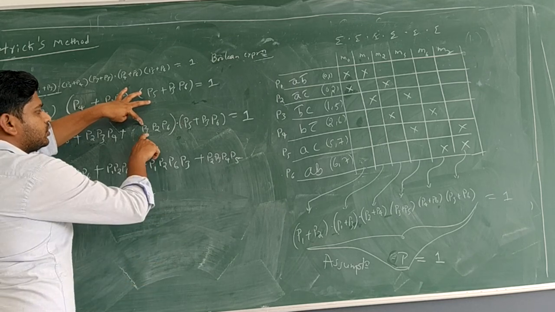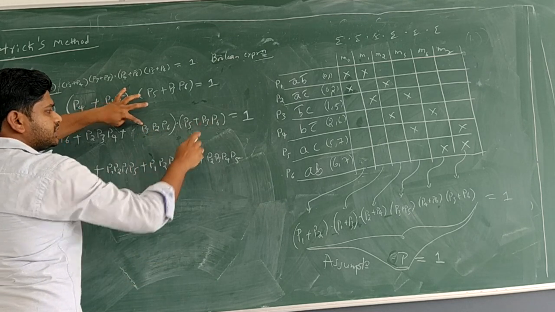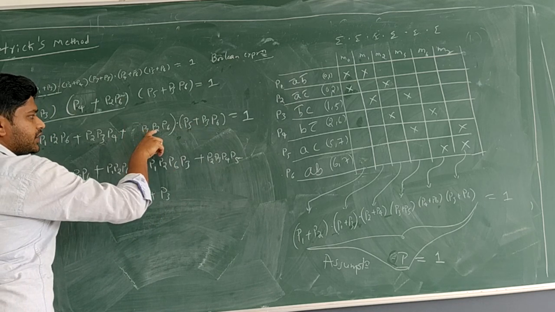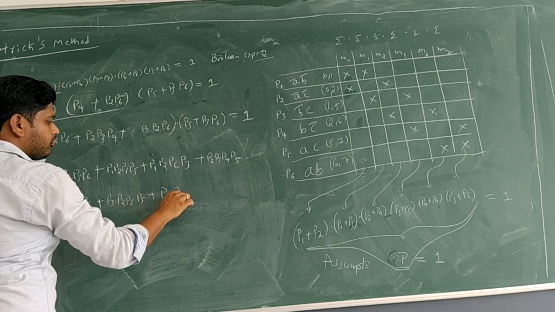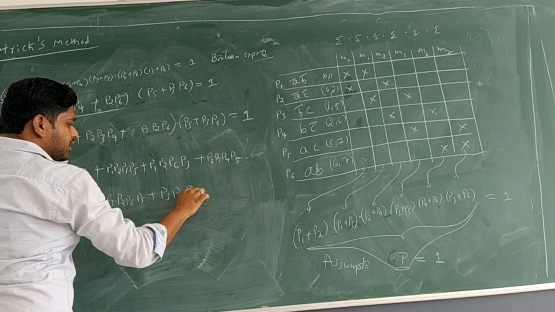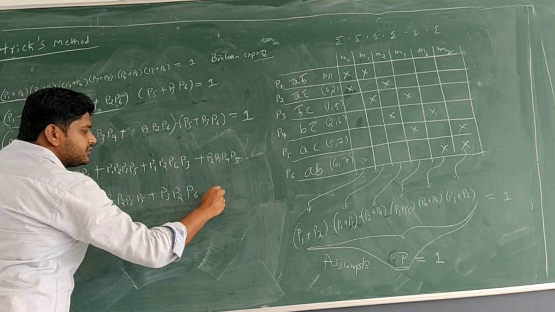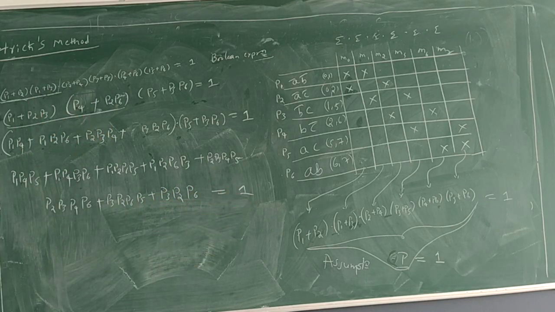Last term 2 3 6 with 3 6. Here P3 repeated, so I am writing only once. 2 only once. 6 is also repeated, so I will write only once. Okay. Now, again this assumption as 1. So here you write it